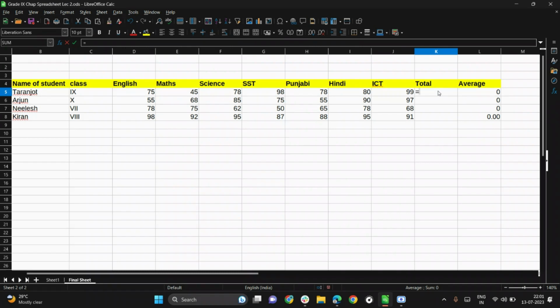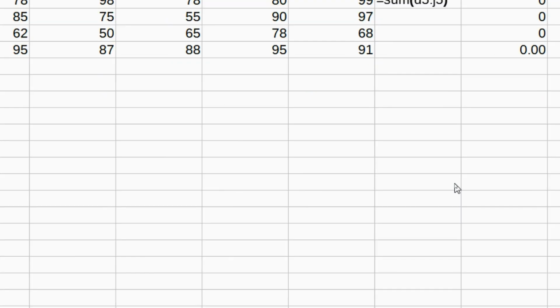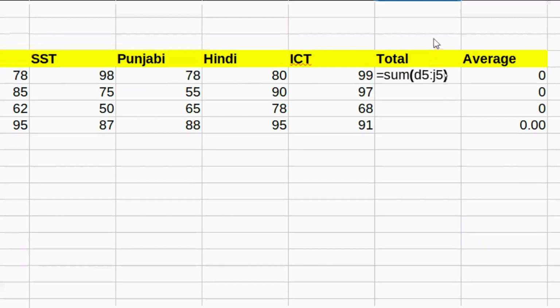So again, it's going to start with an equal to sign. I'm going to write SUM, doesn't matter if it is in lowercase or uppercase. After that, I'm going to start with the brackets, and then I'm going to start with the first cell, which is D5 in this case, which contains marks. Since it's a range, it's going to have colon in between, and then the last cell which contains marks, which is J5. So I'm going to put J5 over here and then close the bracket. There you go. You can look at it carefully. It contains equals to sum,